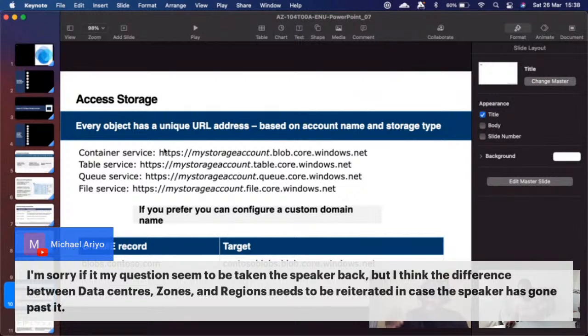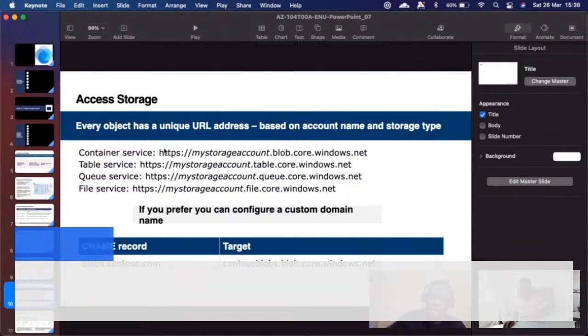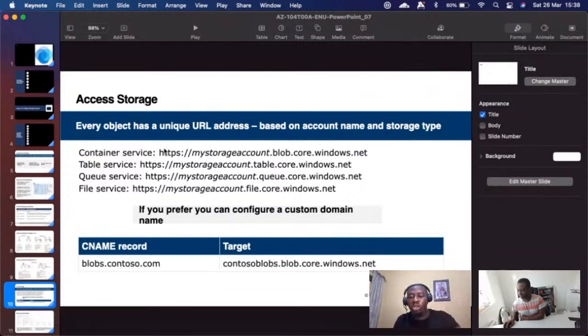Okay. So your data centers remain your data centers, right? That's standard. In fact, Azure has data centers in so many regions. So look at your data center as the basic infrastructure end. Now, when we talk about zones, it's like having your data center not just in one location but in various zones. So in your zones you still have the data centers, right?